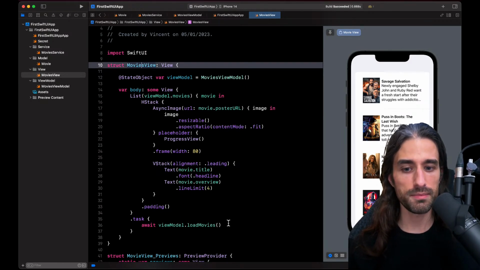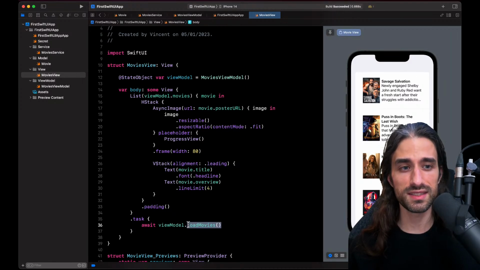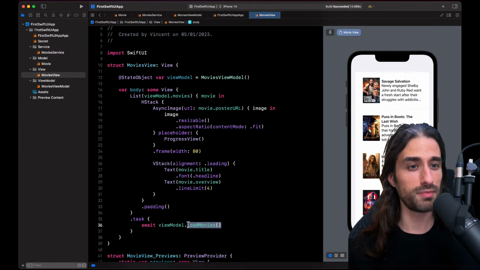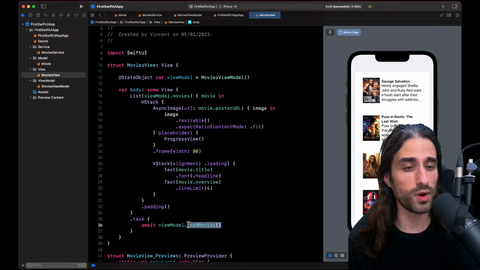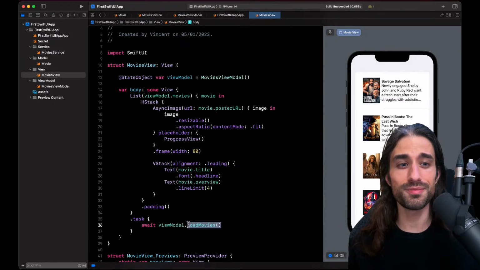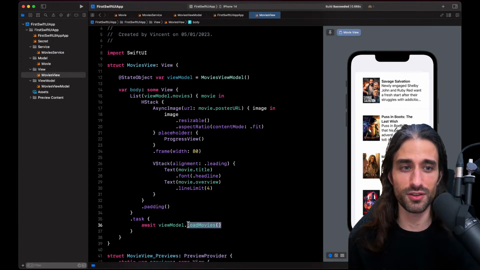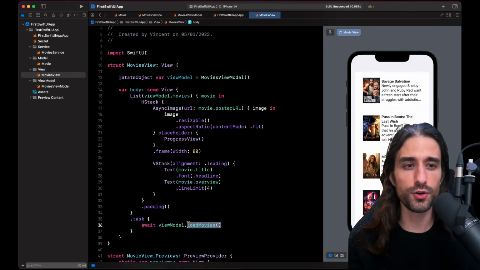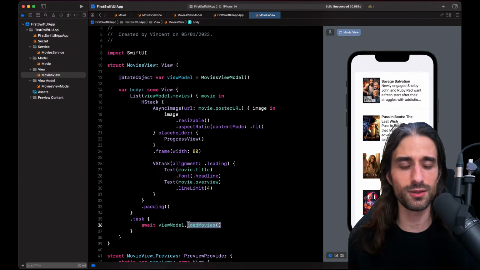And so if I were to implement the call to loadMovies inside the init of the view model, the network call would be fired basically as soon as the app is created, even though the view might never be displayed. So right now it wouldn't be that much of an issue because there is only one view in the app. So whether you call it in the init or in task, it's basically at the same moment.